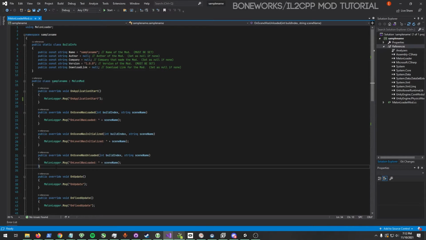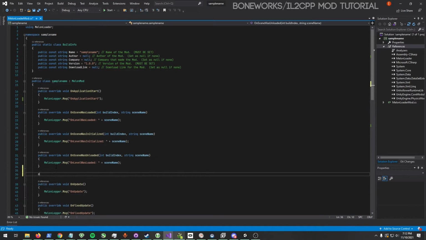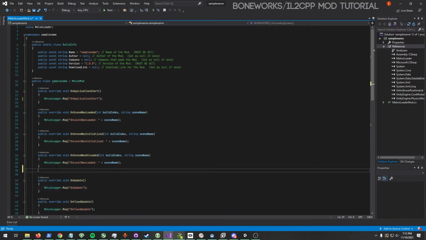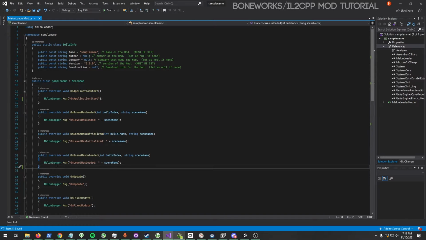And yeah, these are just generic things. Oh, and since this is a BONEWORKS specific tutorial, public override void, you can use BONEWORKS on loading screen. There you go. And also, this is more of an object-oriented thing, but I didn't know this when I started making mods. I just went with the flow. But